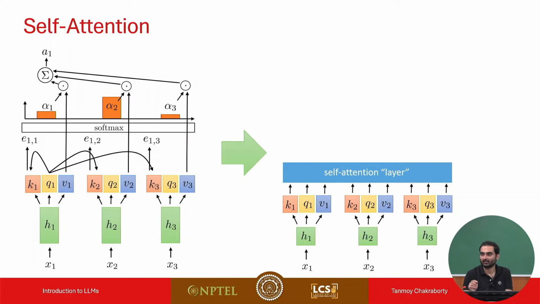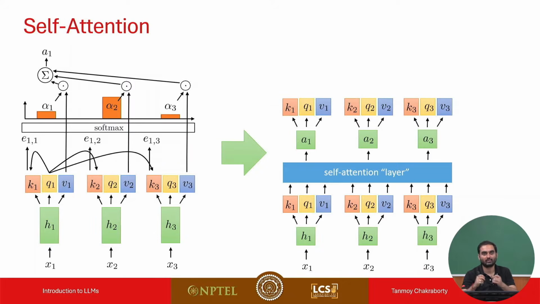Okay, self-attention layer. So we can repeat the self-attention process multiple times. You have the input, we place a self-attention block. The self-attention block will produce what? The self-attention block will produce attention vectors, right? And then on top of this, you can add another self-attention block. You can keep on doing this multiple times,